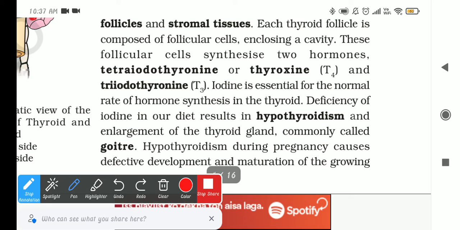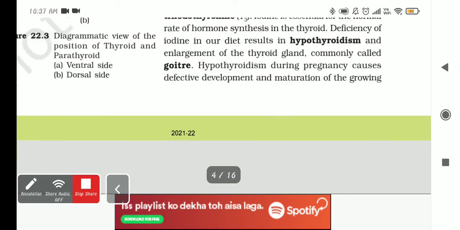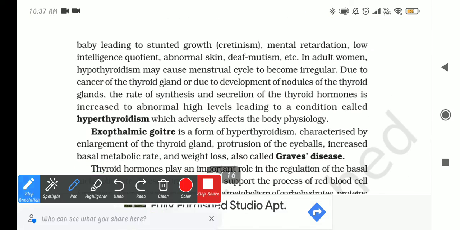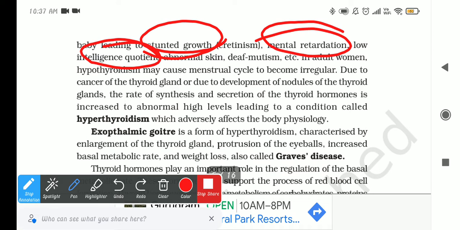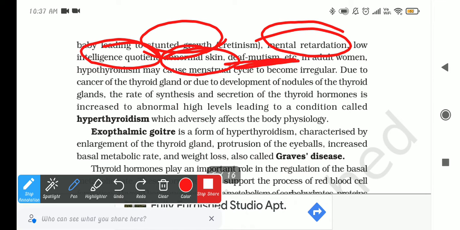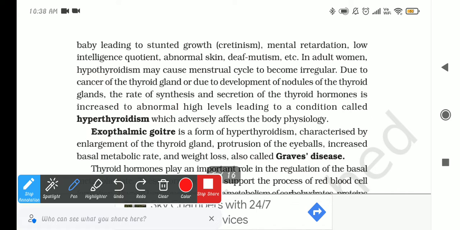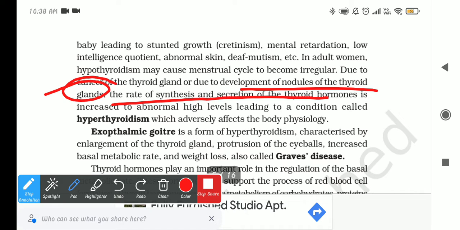Hypothyroidism during pregnancy can also lead to defective development of the baby, and can lead to low intelligence. It can lead to stunted growth of the child, mental retardation, abnormal skin, deaf-mutism, and so on. In adult women, hypothyroidism can lead to irregular menstrual cycles. Due to cancer of the thyroid gland, it could lead to the development of nodules, and the rate of synthesis and secretion of thyroid hormone is increased,